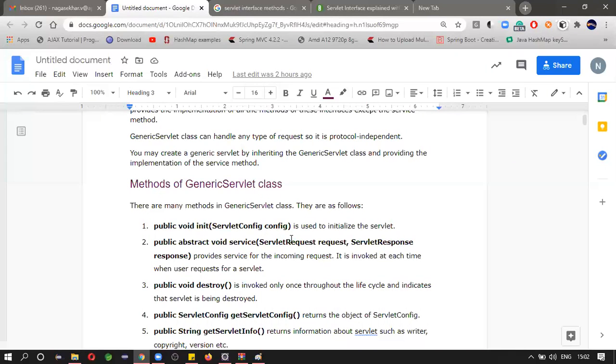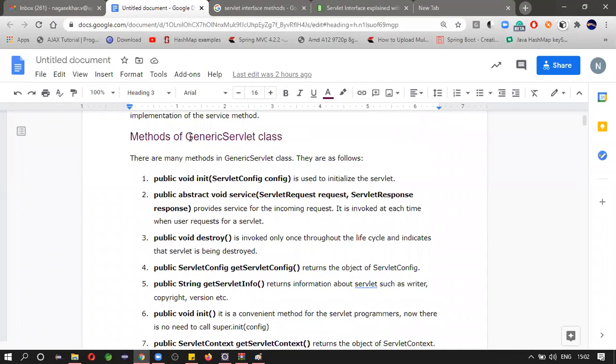One more question. HttpServlet is also a class. By creating an object of HttpServlet, can I access GenericServlet class methods or not? If so, why or how? What is the reason?